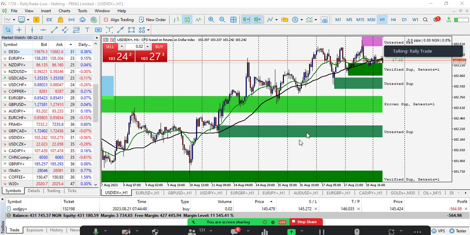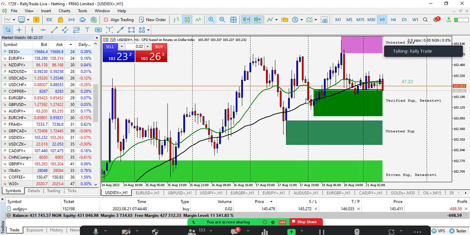Okay. Now, from what we can see here, we can tell that this instrument is trading towards the upside, as you can see. Remember, what we always do is market structure analysis. So the instrument keeps breaking structures towards the upside, right? So this is what we call an upward trend, right? So this is what we call an upward trend.